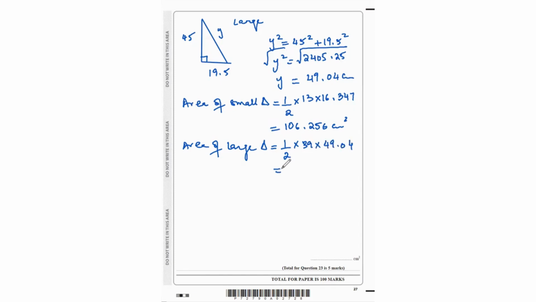That equals 956.28 centimeters square. So area of frustum side face would be the difference of these two. So 956.28 minus 106.256, and that gives us